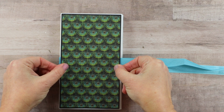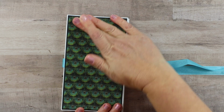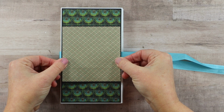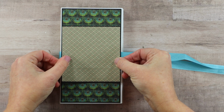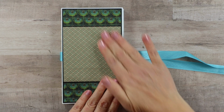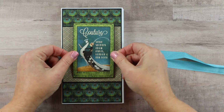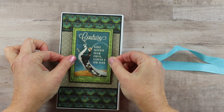So here is the front cover with that beautiful peacock feather pattern. So now I want to incorporate a layering pattern. I'm going to switch from that darker all over pattern to something that's a little lighter and geometric, and I'll just cut that to utilize the same borders as I have going around. I'm going to utilize another one of those cut apart images for my focal image, and I don't really have room on this